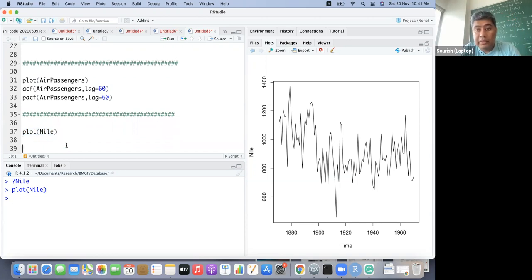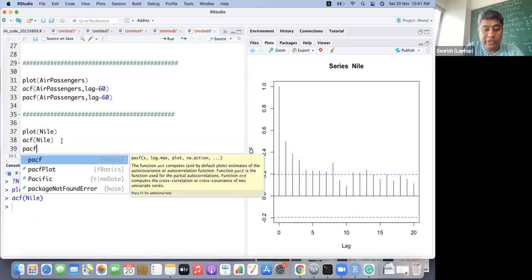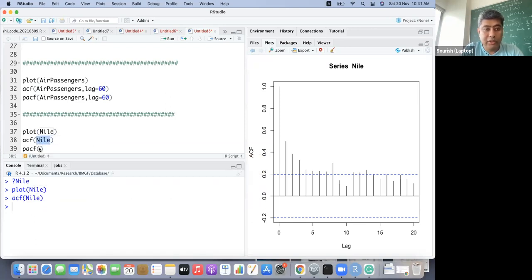And if we look at the ACF here, of course, for a few years you will see some kind of correlation. And then we plot the PACF, after removing the seasonality or trend, if there is any.